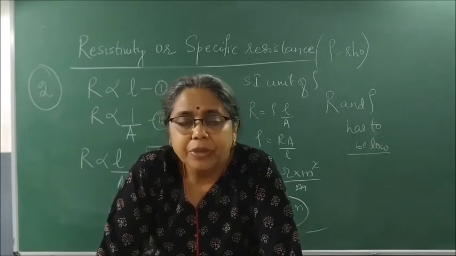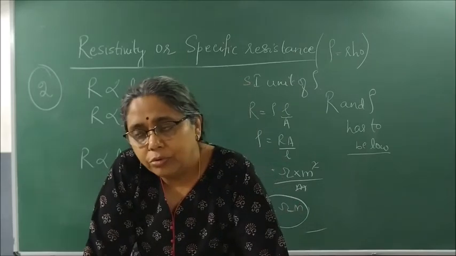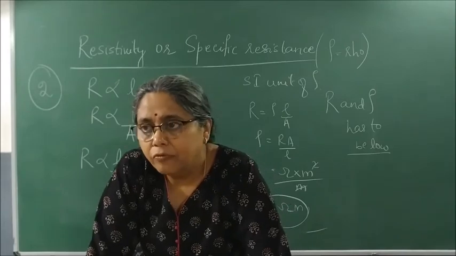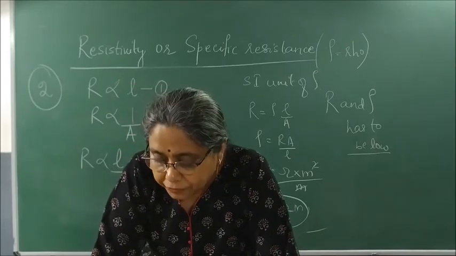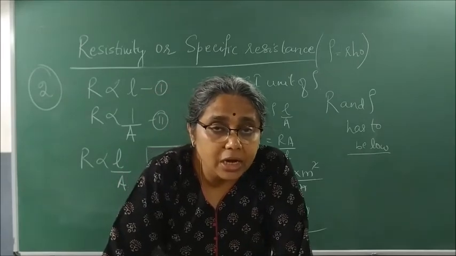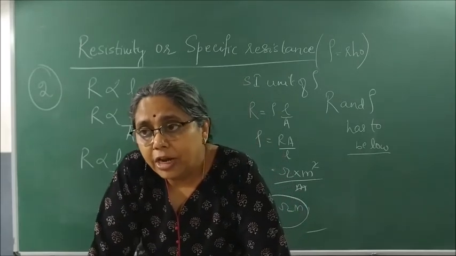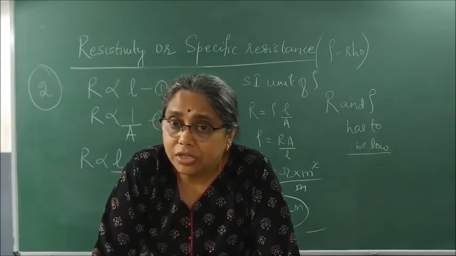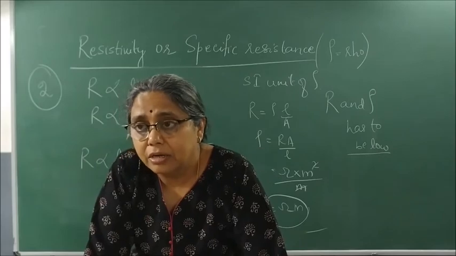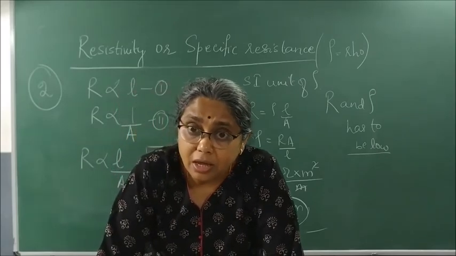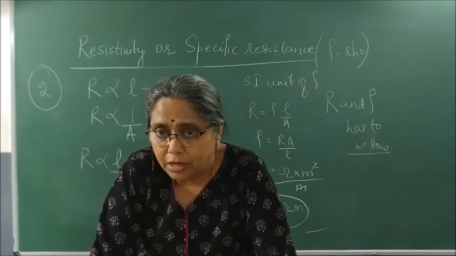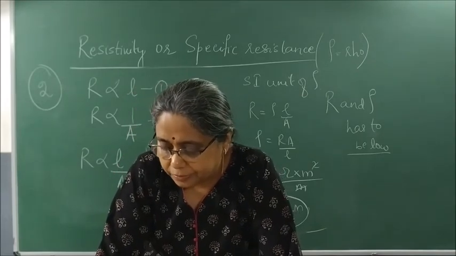As a result of it, we do not use silver, but we use a cheaper material which is copper. So after silver comes what? Copper. So they ask, silver is the best conductor of electricity, but for electrical transmission lines, we still use copper and aluminium. Although silver is the best conductor of electricity, it is also very expensive. So we prefer copper and aluminium for transmission wires.